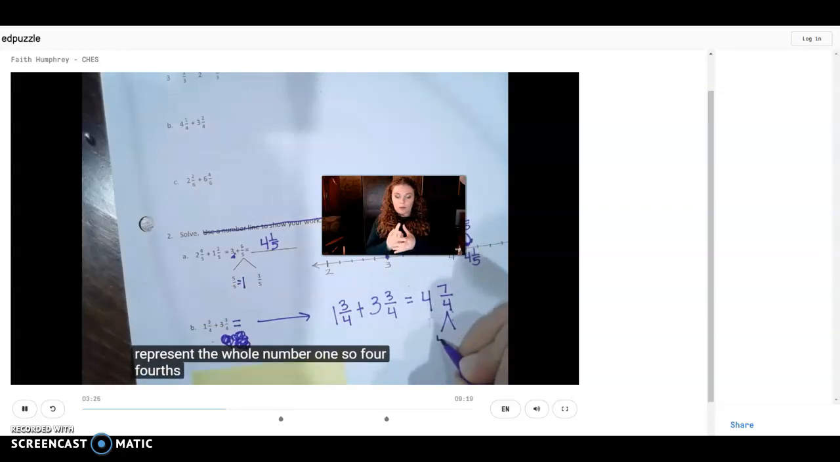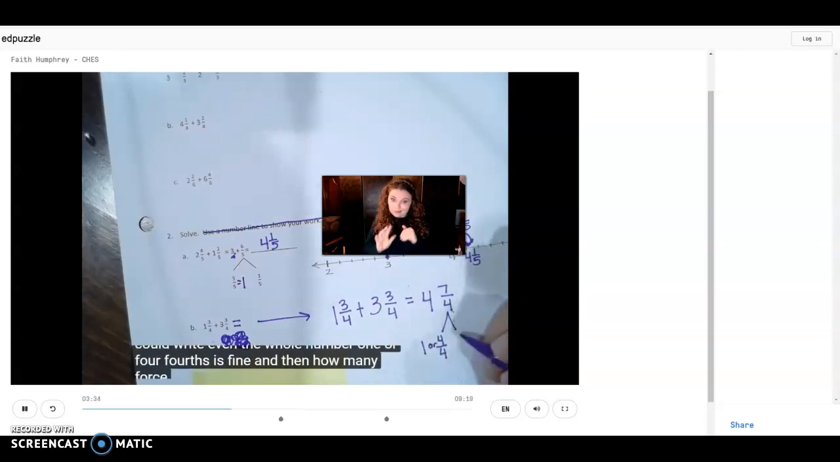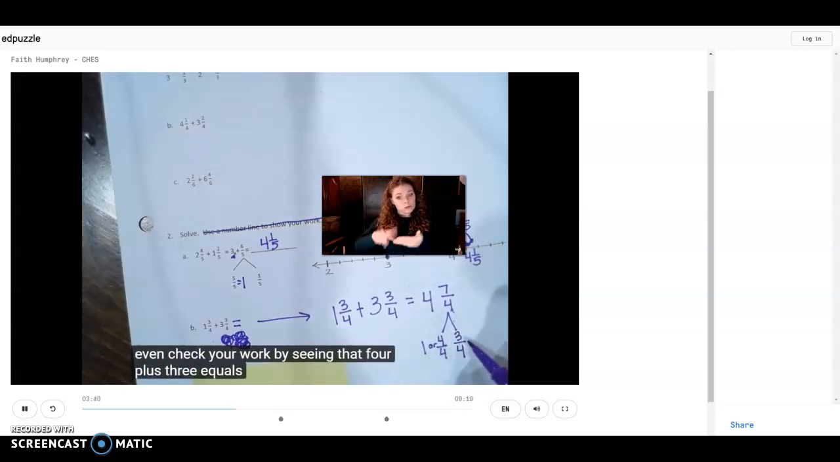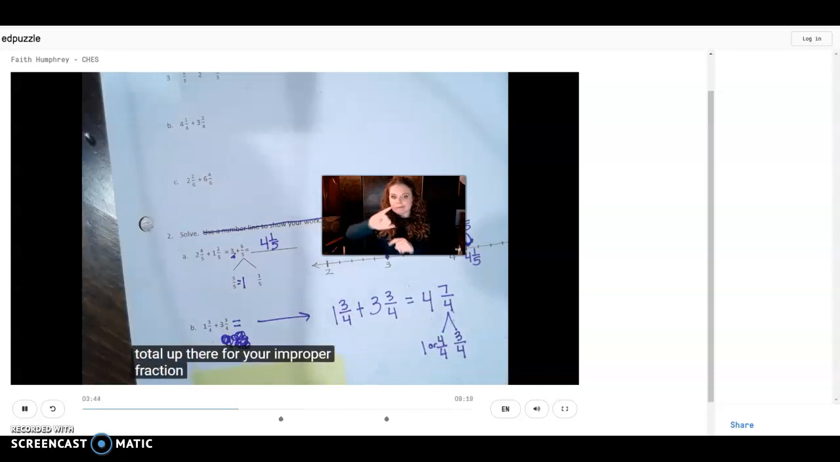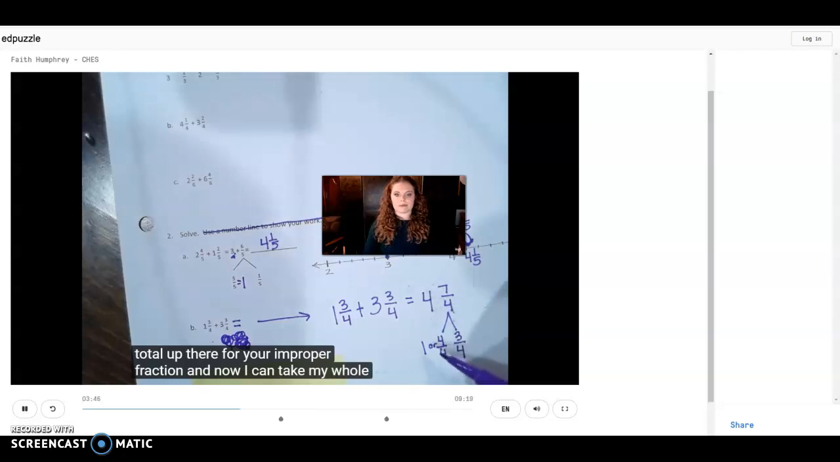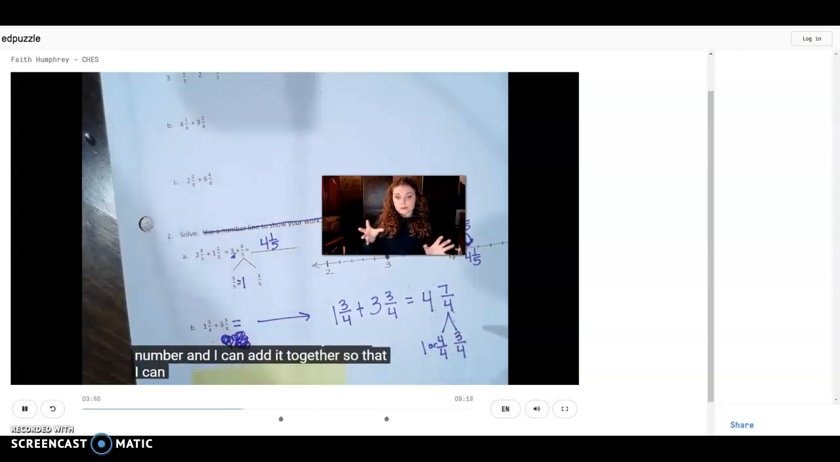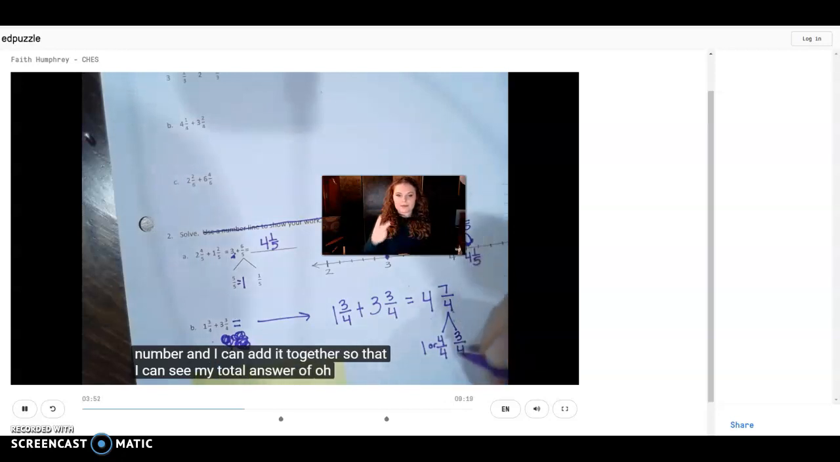So 4/4 are in the whole number 1. You could write even the whole number 1 or 4/4, that is fine. And then how many fourths are left over? 3/4. You could even check your work by seeing that 4 plus 3 equals 7, which is your total up there for your improper fraction. And now I can take my whole number and I can add it together so that I can see my total answer of,